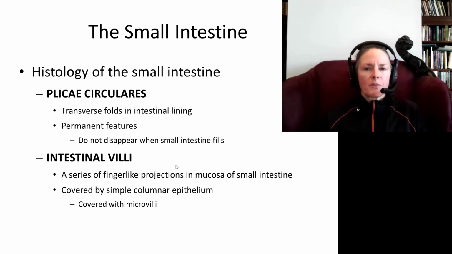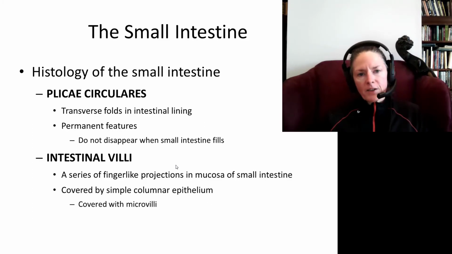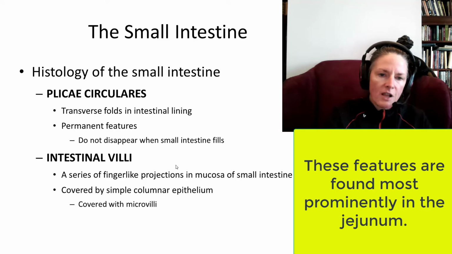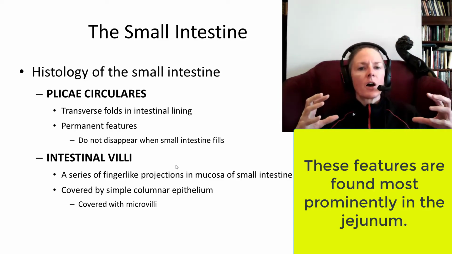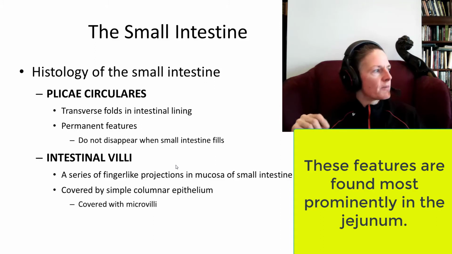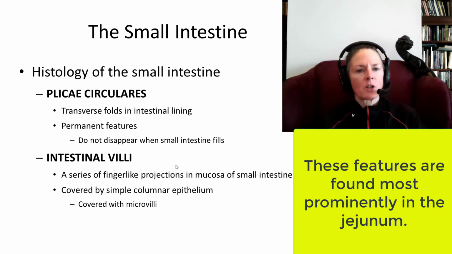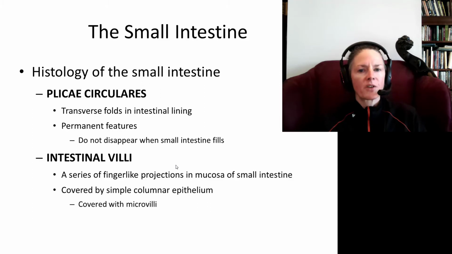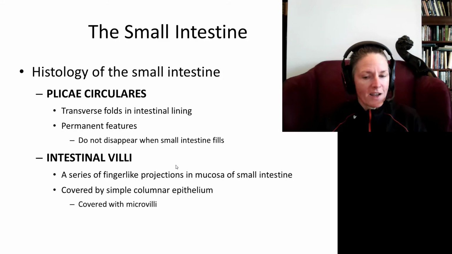All right, so let's look at the small intestine, being reminded that we have our plicae circularis and our intestinal villi, and these are going to increase our absorptive surface area. So if you can imagine, the luminal diameter alone would give you an absorptive area of about 3.6 square feet. Well, it's not that much, but if we add in these plicae circularis and intestinal villi, and we take into account the fact that the apical surface of the simple columnar cells also have microvilli, we can increase that surface area to about 2,200 square feet, which is quite a